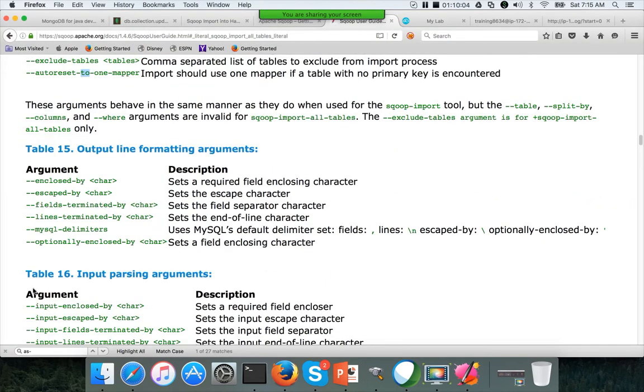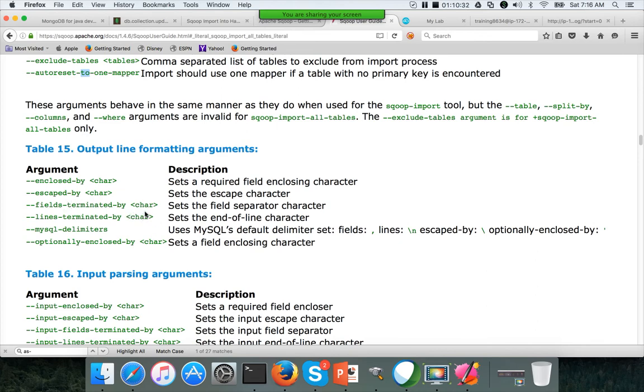In that scenario, if you want to enclose each field with a separate character than the delimiter, you can use hyphen hyphen enclosed by, and you can say double quote, and automatically it will use an enclosing character. And in case of special characters, you can use hyphen hyphen escaped by.